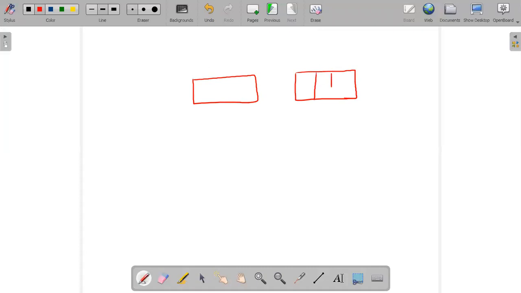So it's a doubly linked list, right? Here an element will be there. It will be pointing to this one. This will be pointing to this one. This will be pointing to null. We call this the header and this the trailer.